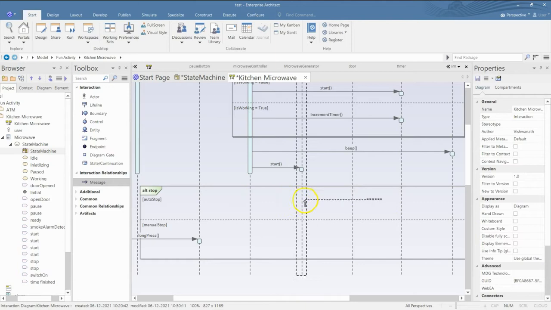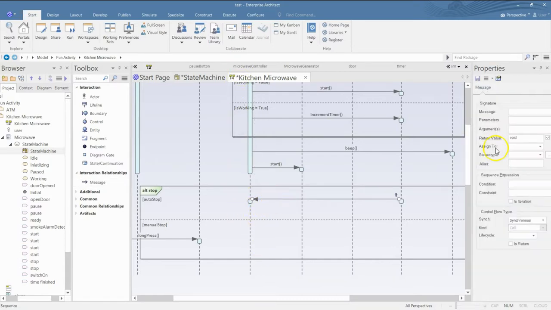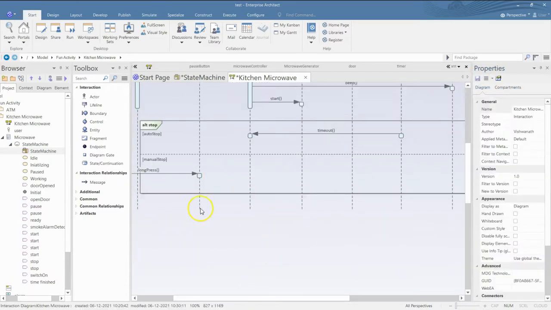where the timer will send a signal to the microwave controller, and it will basically send a timeout signal. Now in either case, what should happen? In either case, the controller has to stop the generator.